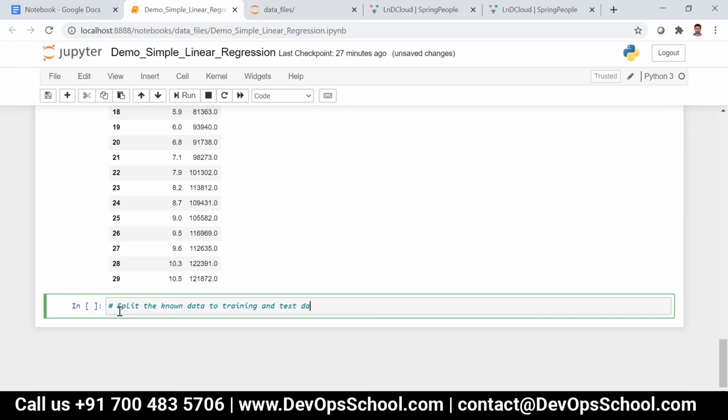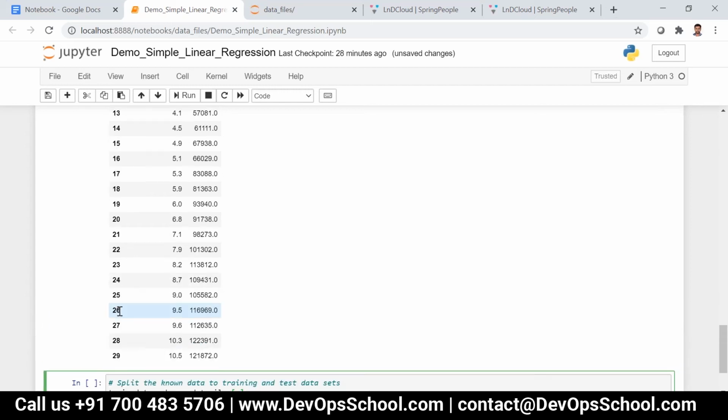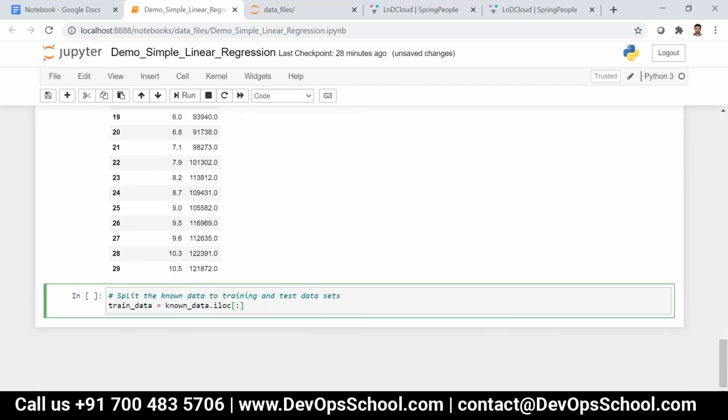and test data sets. So for example, we can say train_data is equal to known_data.iloc, not all the rows, but the first 20 records, and then both the columns.